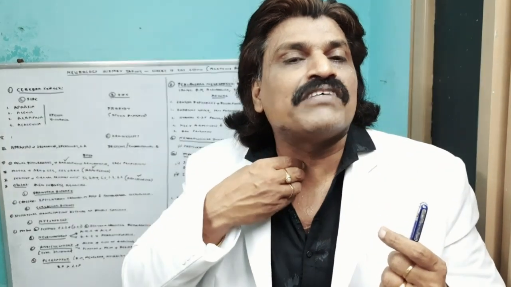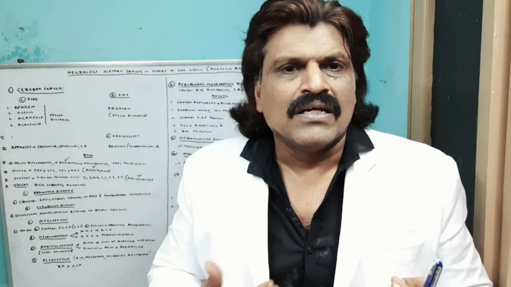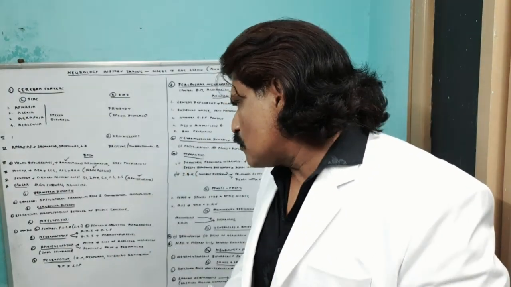Why? Because the brachial plexus is between two movable structures, the neck and the hand. Because it is fixed between two movable structures, the brachial plexopathy is more common than the lumbosacral plexopathies. And second thing, they are superficial, so easily they can get traumatized. The lumbosacral plexus is placed deep, and there are no movable parts before or after it, like the neck and hand in the brachial plexus, and therefore brachial plexopathies are more common.